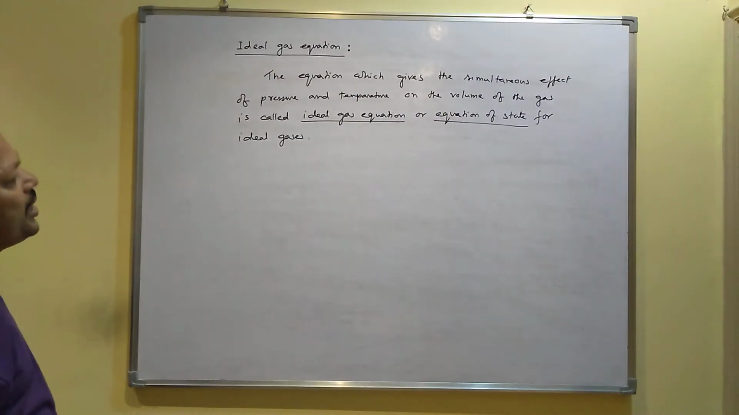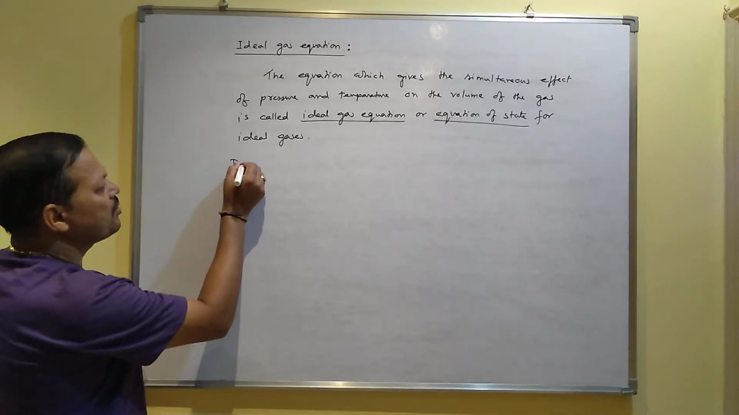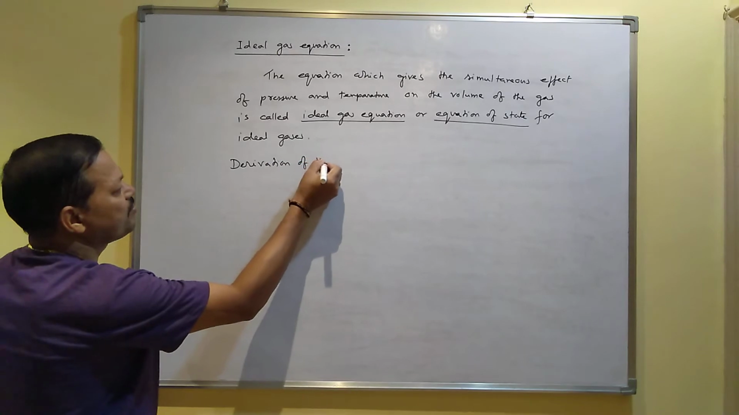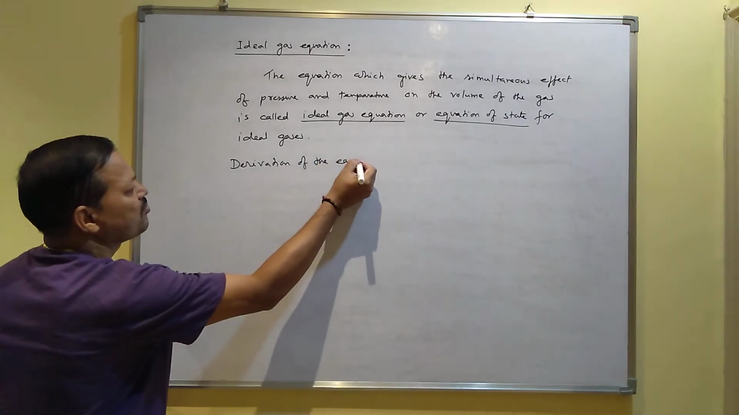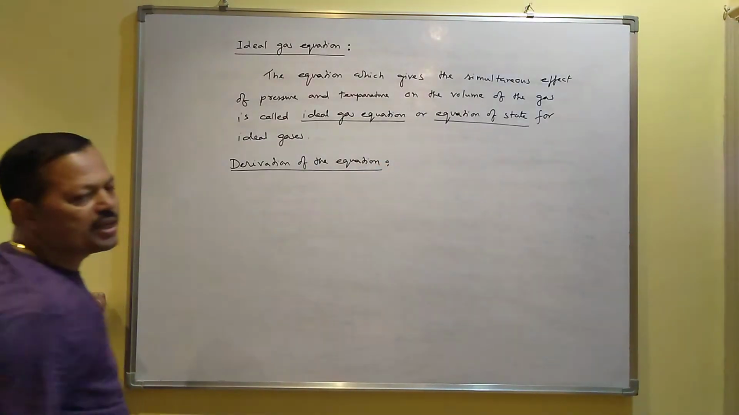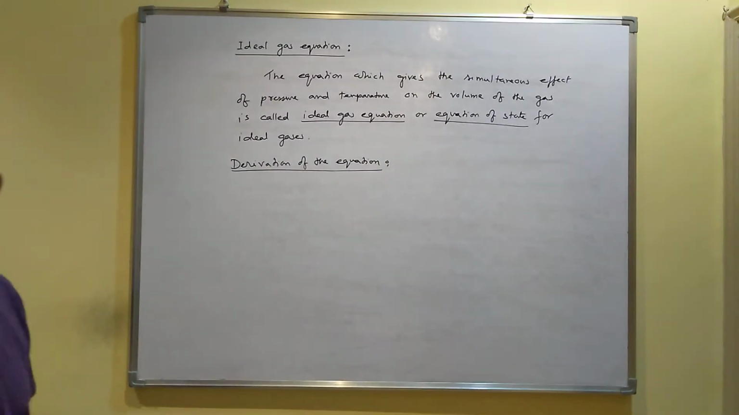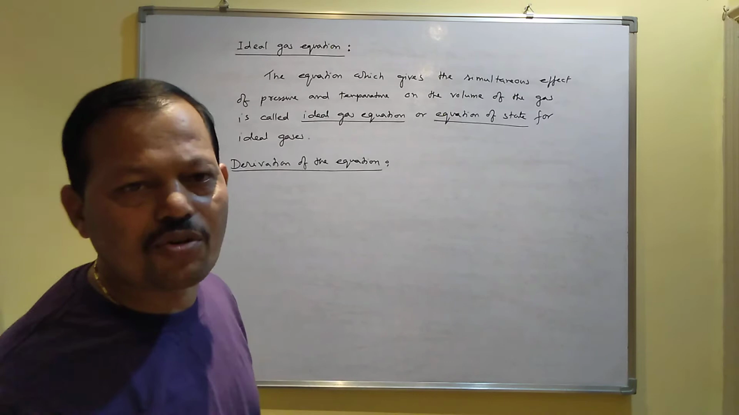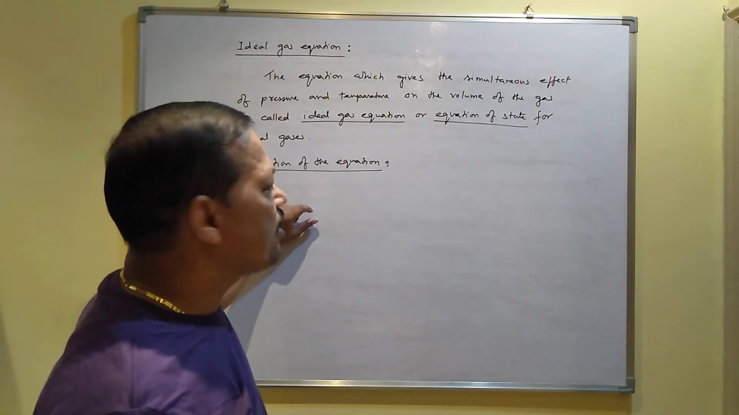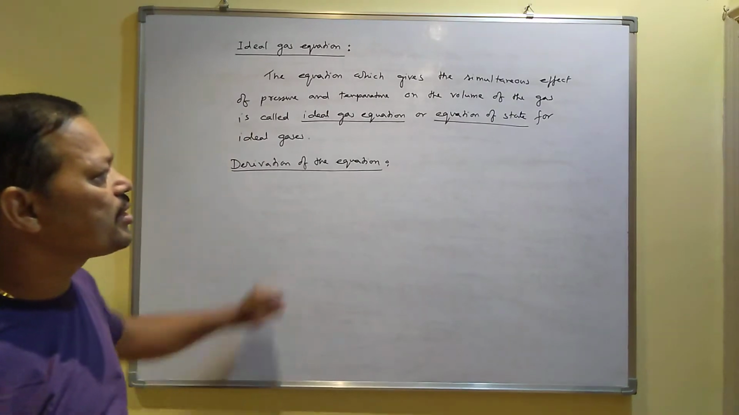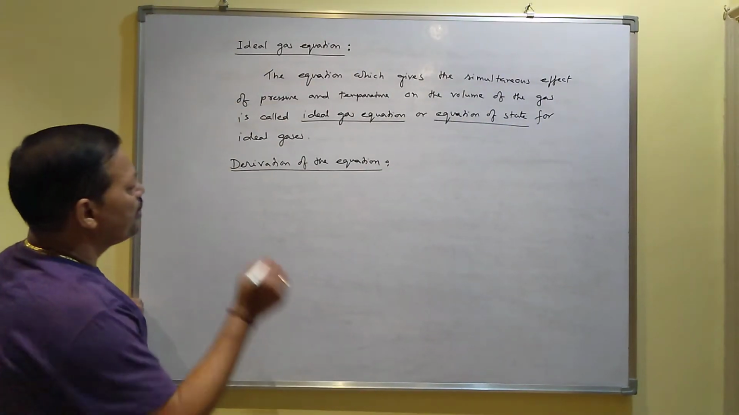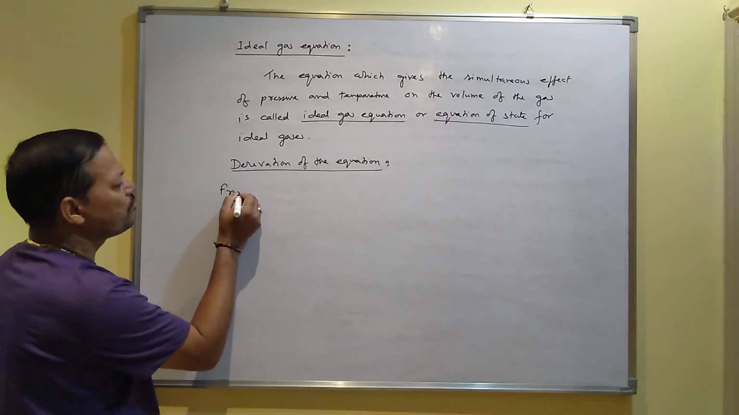Okay, now what about the equation? I'll derive the equation, the derivation of the equation. You can derive the equation by combining all the gas laws like Boyle's law, Charles' law, Avogadro's law. When you combine these three laws, then you will get the ideal gas equation, which is also called the equation of state. You have got from Boyle's law